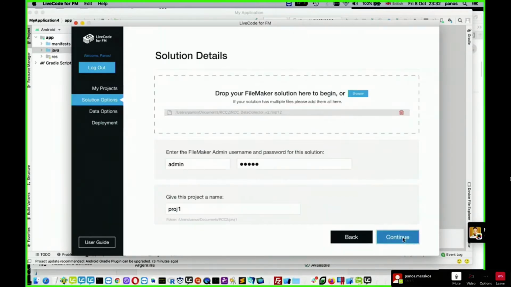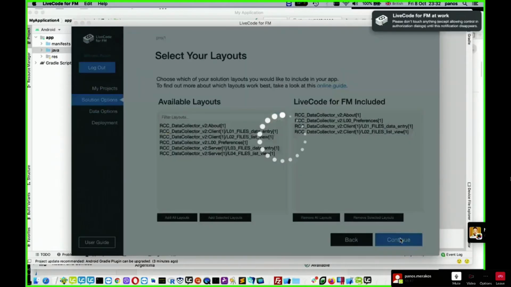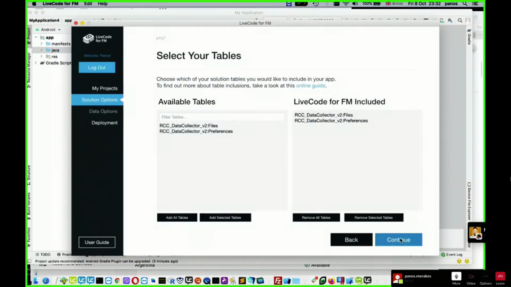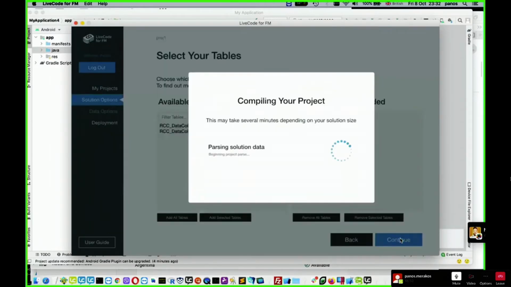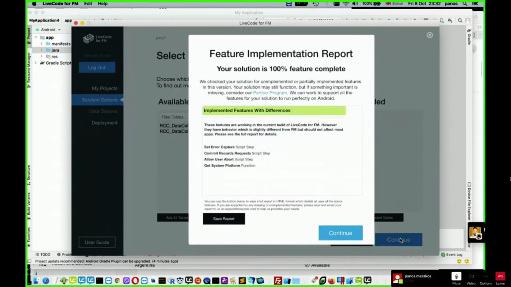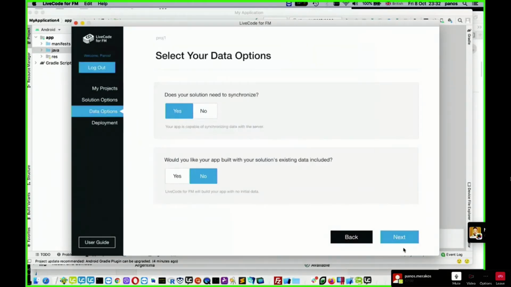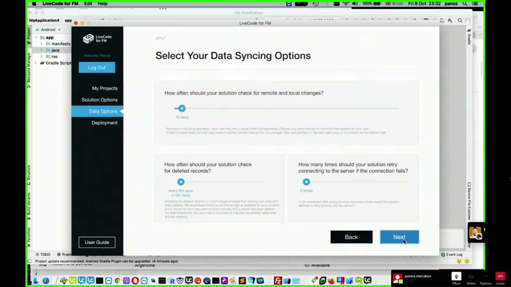Edit. Continue. I'm pretty sure this is it, but just want to be sure. I want to avoid submitting the wrong app. Yes, that's the one. Okay.